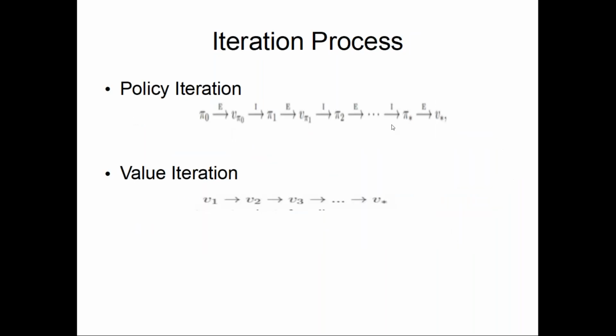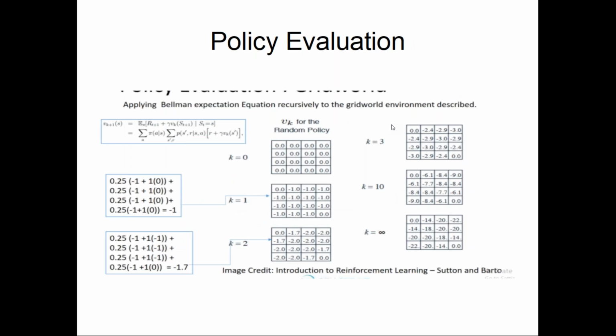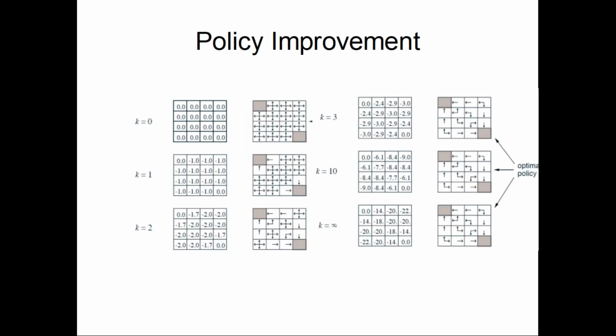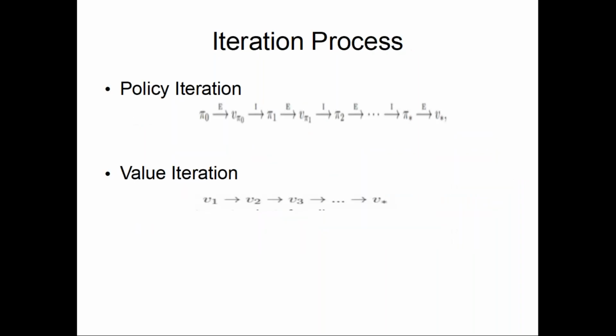Now what we have done: policy evaluation we have done. We have evaluated the policy here. Then after evaluating, we were able to find out the state value function. Now here we are able to evaluate on the left side. On the right side, we are able to iterate. That means we are able to define the pathway the agent can take, getting the maximum rewards along the way to reach the goal. So this process is called policy iteration.